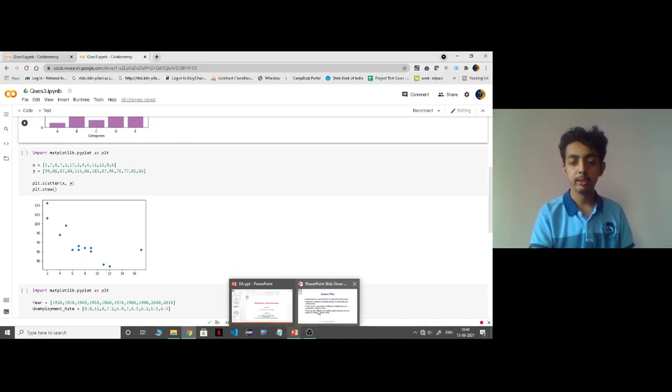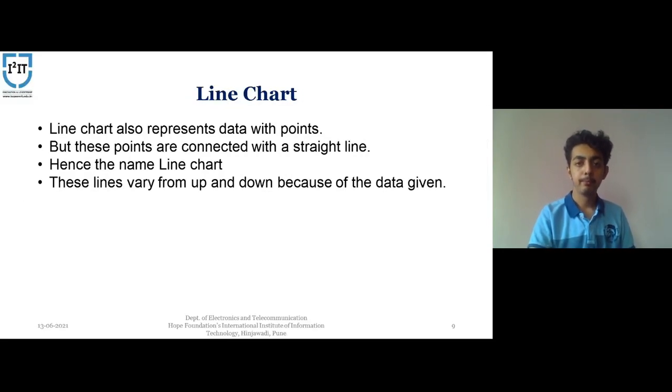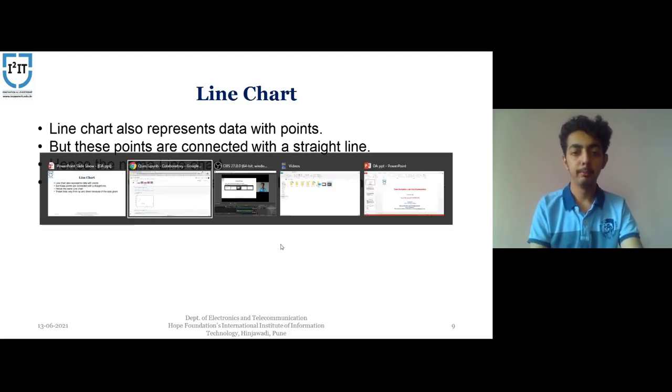Moving on to the next, line chart. It is similar to a scatter plot because it represents data with points, but these points are connected with a straight line. So you may guess it by the name. These lines go up and down because of the data given by the user. For example,